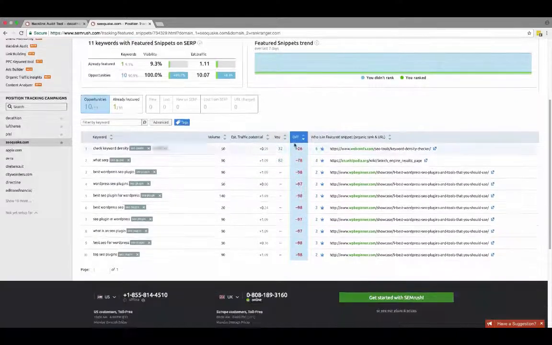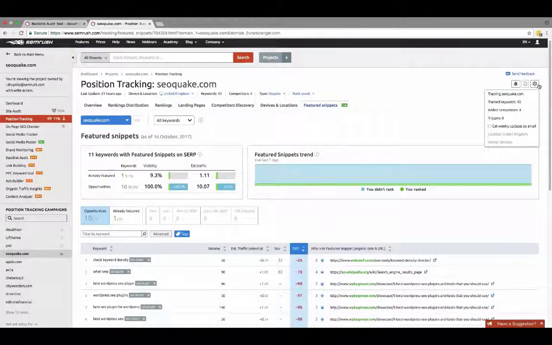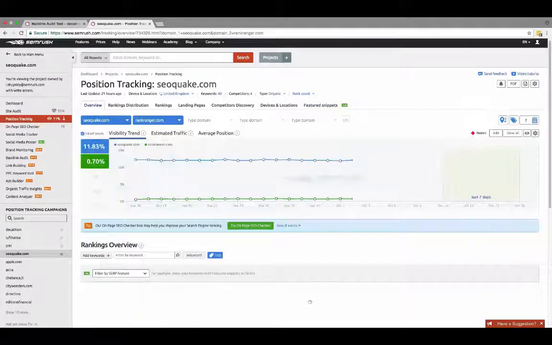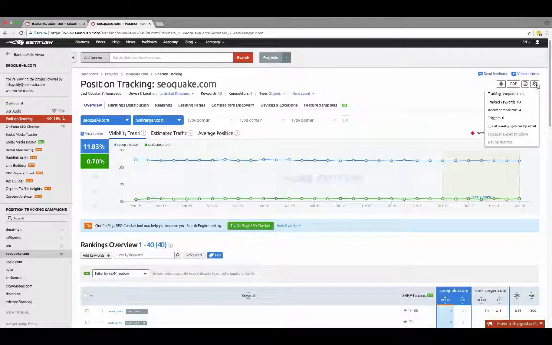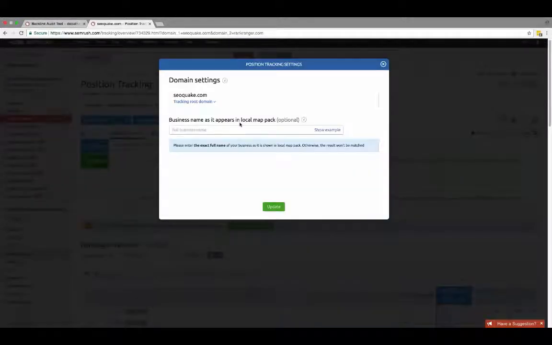If we're talking about new options in position tracking, then we've also added this option to add a business name, because sometimes when Google shows a local pack, then I think probably you know that we also track appearance in Google local pack or local map pack. Then sometimes Google doesn't show a link from the local map pack to the website, and in this case, if we want to track whether we are in this local pack or not, we need to enter here a business name,